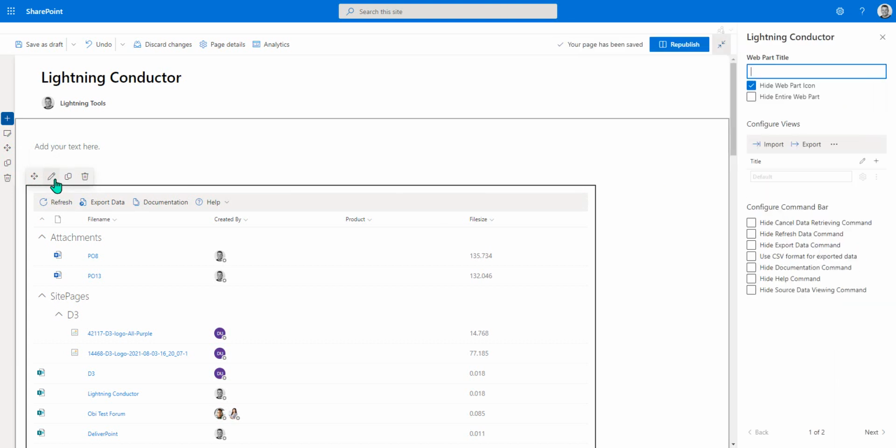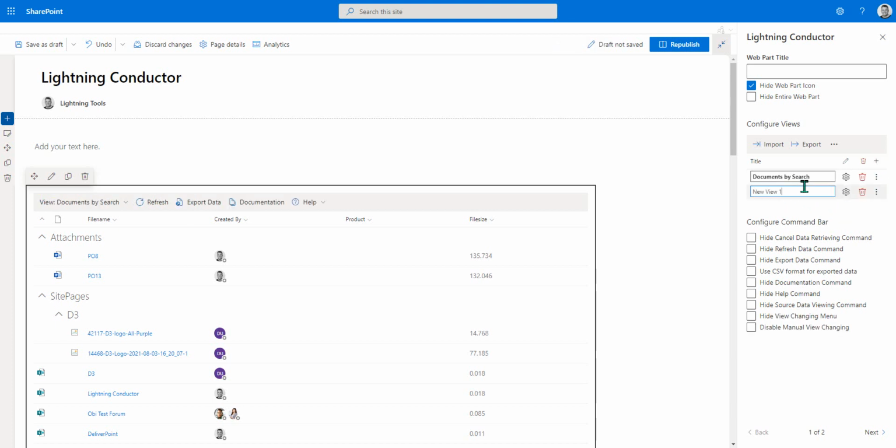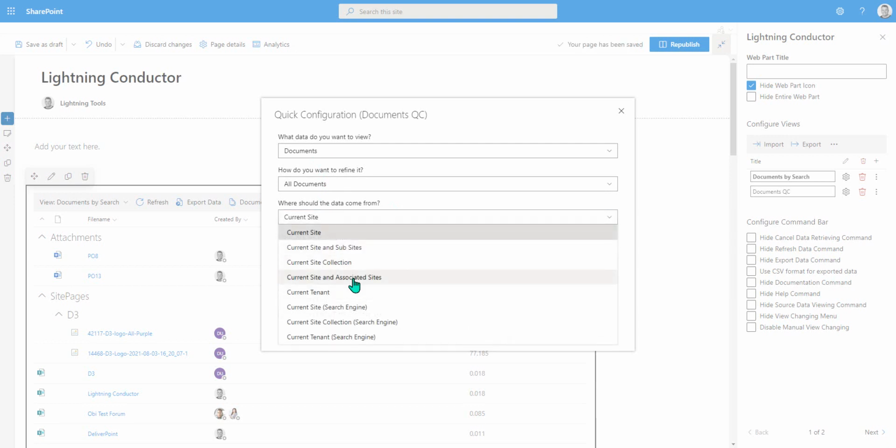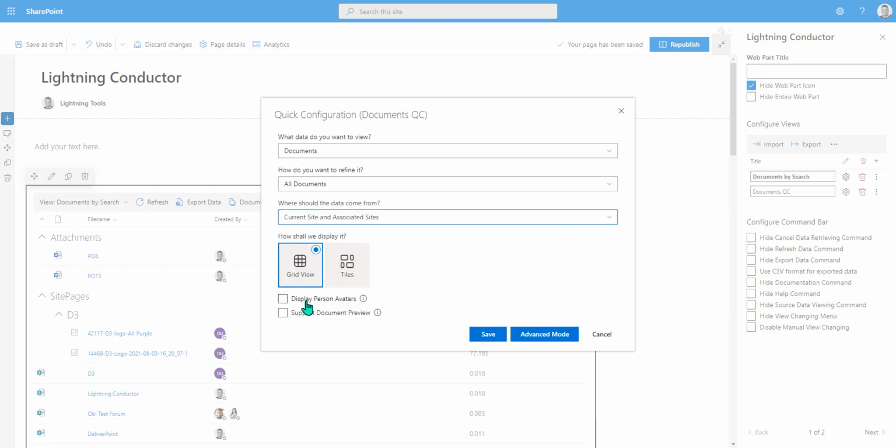Now let's jump back into another one. So we can label this view so we know what it is. So we'll call this documents by search. Okay, and I'm actually just going to throw in a tip here as well, and that is that you could always use the quick configuration. So I'm going to label this one documents QC for quick configuration, and then we'll simply go through and just set this one